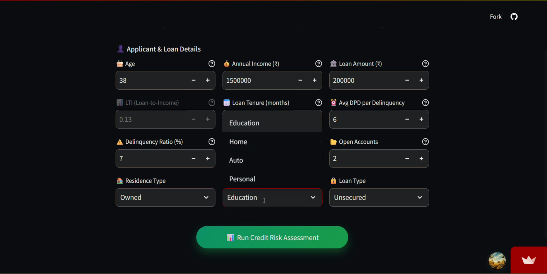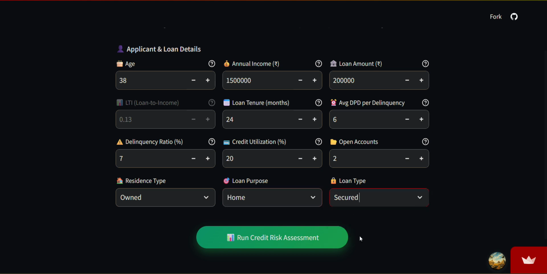He lives in his own house. He's looking for a home loan and he has some sort of collateral. So secured means the loan has a collateral. So he may have some fixed deposits or other assets such as gold or real estate that he would have